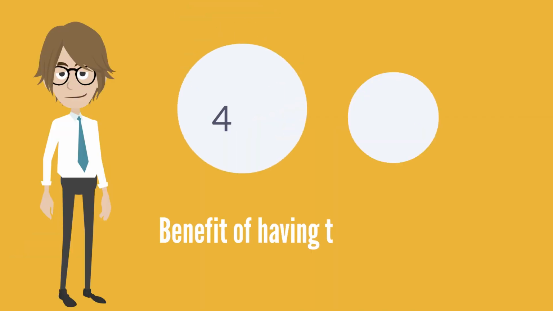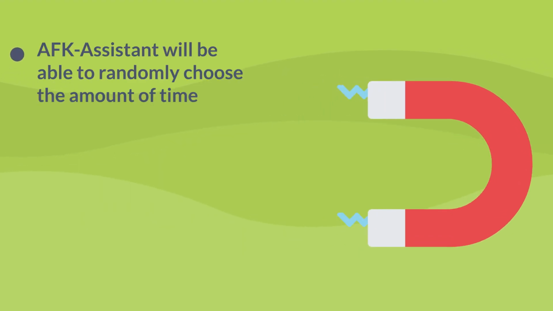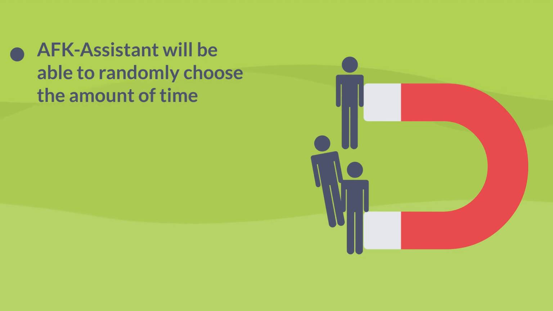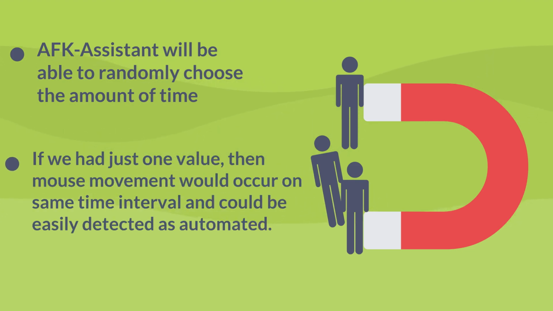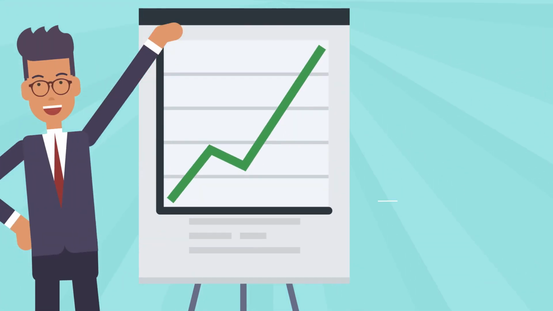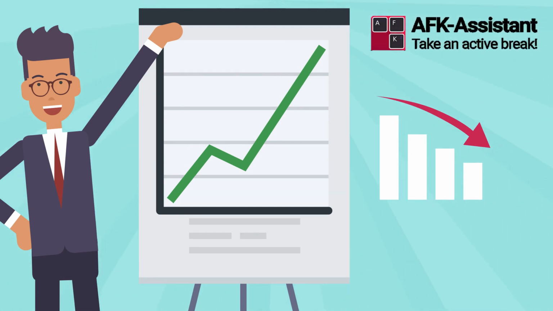The benefit of having two values here instead of just one is that AFK Assistant will be able to randomly choose the amount of time that passes between each mouse movement, making those events more human-like. If we had just one value, then mouse movement would occur on the same time interval and could be easily detected as automated. So, set minimum and maximum value for the idle time, and let AFK Assistant randomly choose the time interval